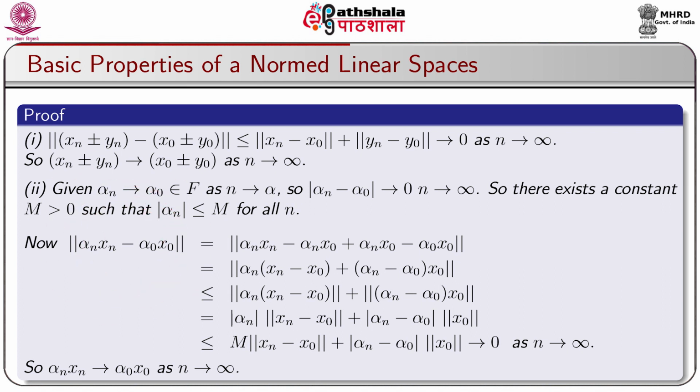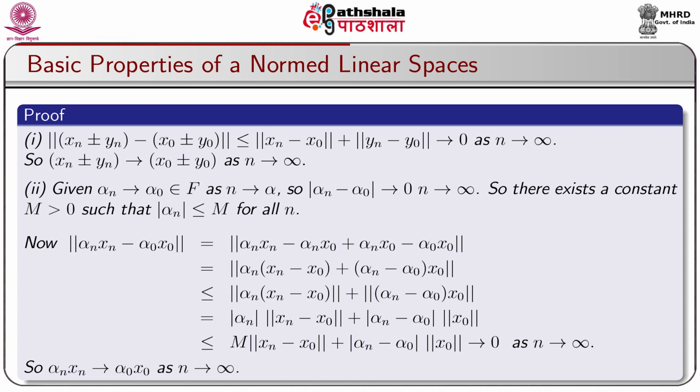Now, norm of alpha n xn minus alpha naught x naught is equal to norm of alpha n xn minus alpha n x naught plus alpha n x naught minus alpha naught x naught, by suitable adjustment of alpha n x naught, which is equal to norm of alpha n into xn minus x naught plus alpha n minus alpha naught into x naught, which is always less than or equal to norm of alpha n into xn minus x naught plus norm of alpha n minus alpha naught into x naught, by triangle inequality of norm axiom N3, which is again equal to modulus of alpha n norm of xn minus x naught plus modulus of alpha n minus alpha naught into norm of x naught by norm axiom 2, which is always less than or equal to M into norm of xn minus x naught plus modulus of alpha n minus alpha naught norm of x naught